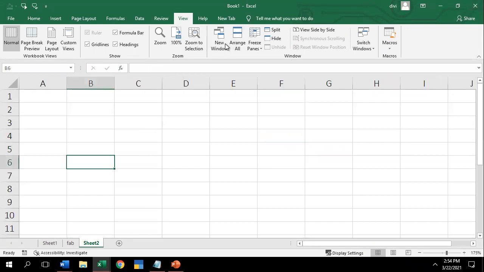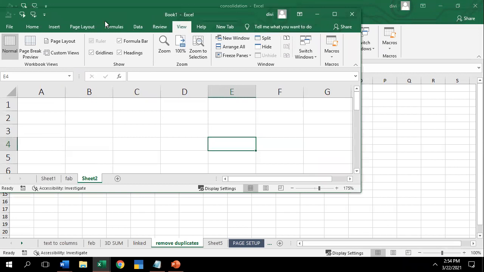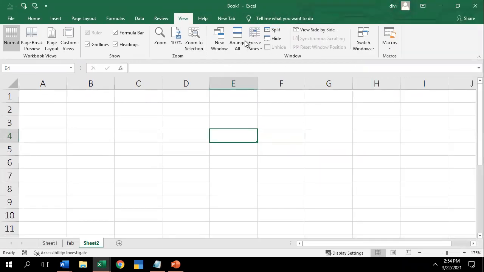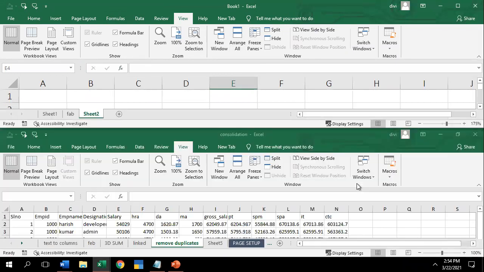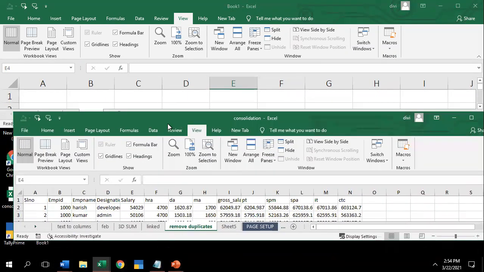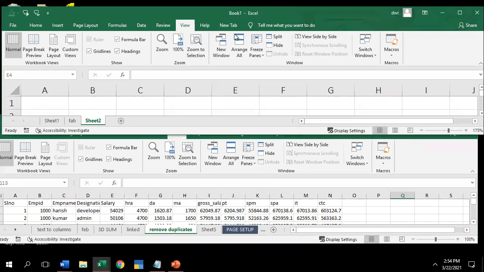Next, you have arrange window. So in this arrange window, whatever you have activated in Microsoft Excel, if you want to arrange it, if you click on arrange all, it will be arranged in a horizontal way or in a vertical way. See, I have a consolidation sheet, and I have one more book. I'll just open one more.